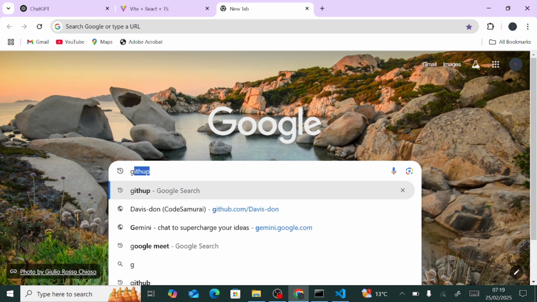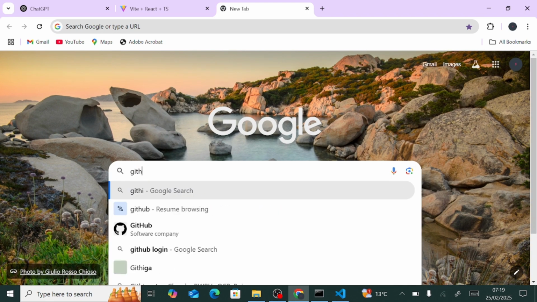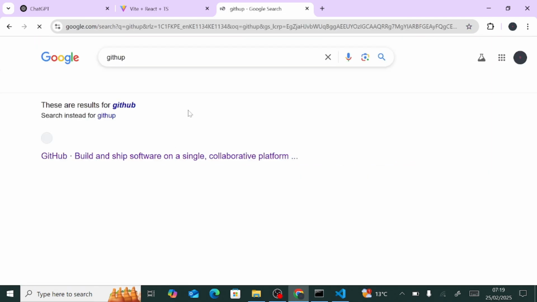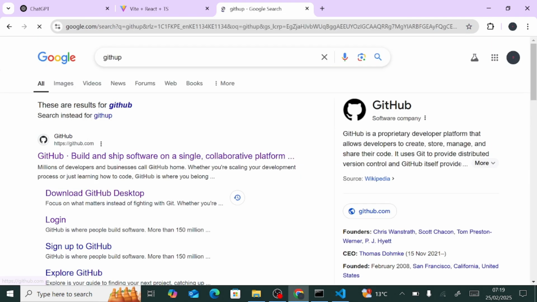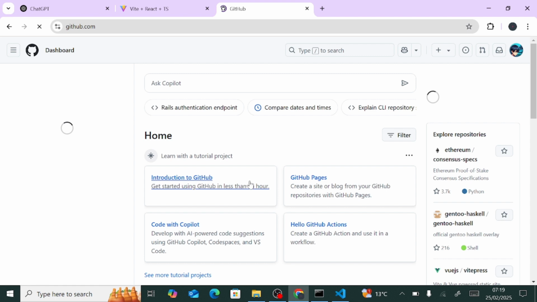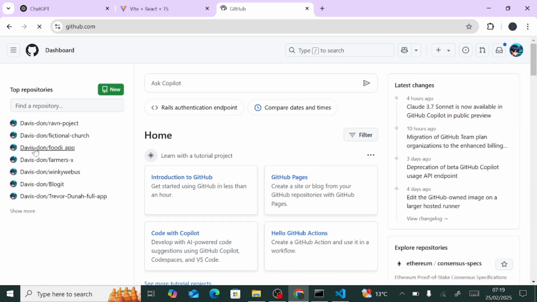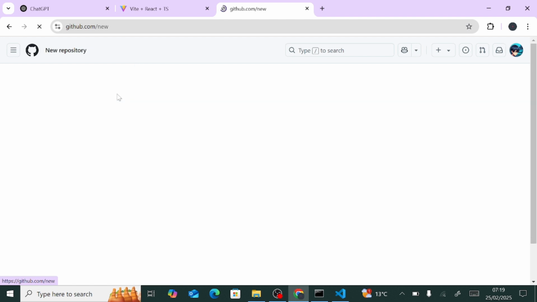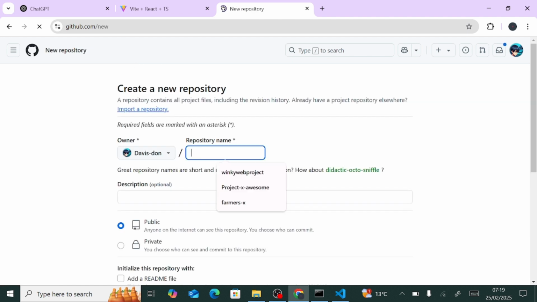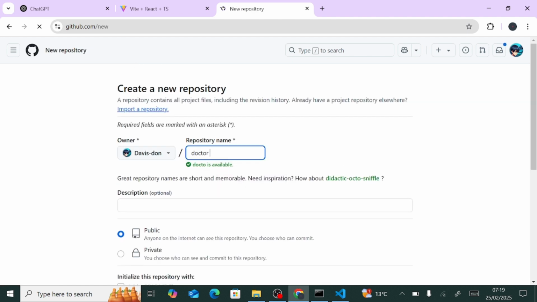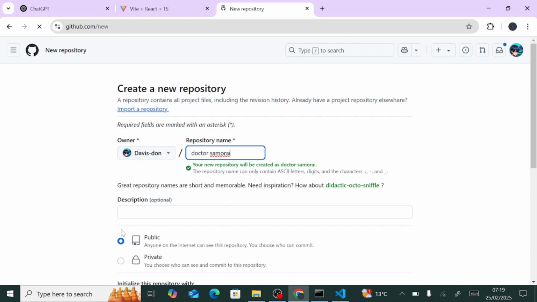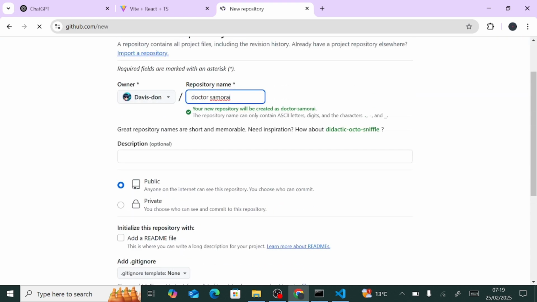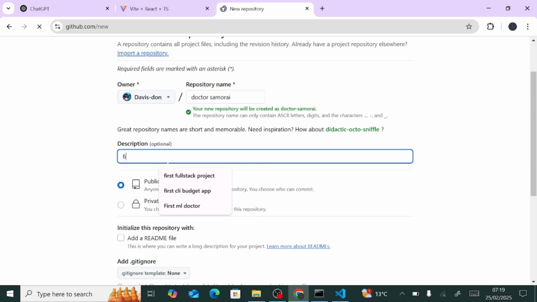So Git, let me move into my GitHub account. Okay, sorry, GitHub repository. So this is my GitHub account, and then I think we can just create a new repository here and name it maybe Dr. Samurai. My repository's name is Dr. Samurai, and then I can just give it a description of fast,